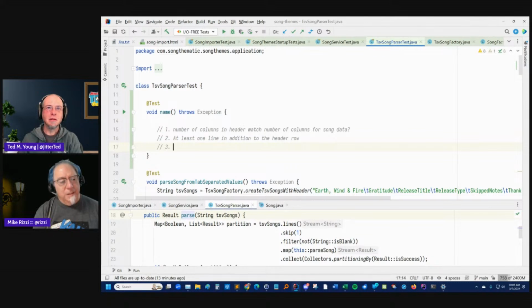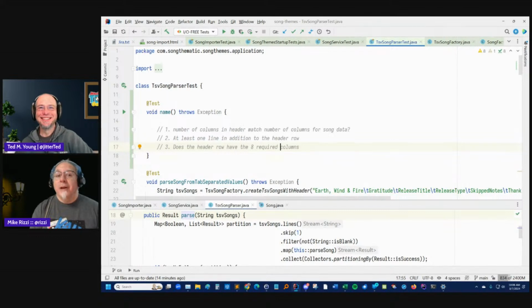And then it's, does the header row have the 8 columns that we're looking for? Or 8 required columns? Yeah, that's a better way of putting it. The 8 required. Because we're requiring them. Right. Now, what's interesting is we do have a different concept of